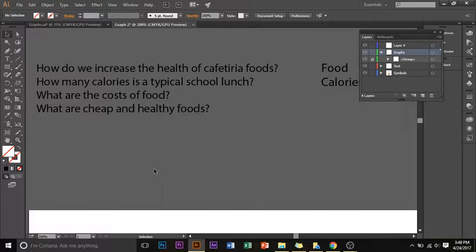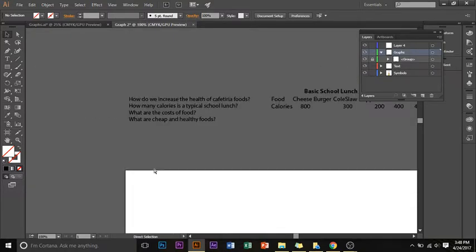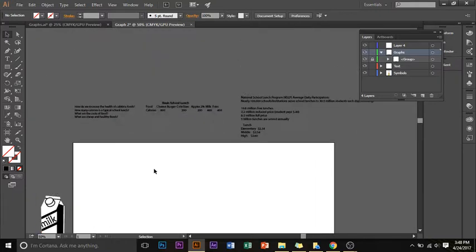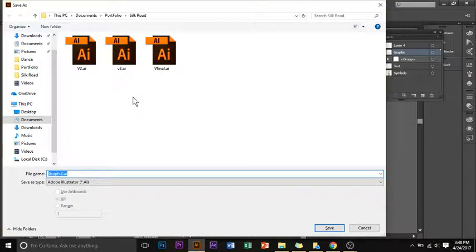For this week, we're going to be talking about infographics, and in your class, you'll be provided with this document here. It's a very simple document. It just has a couple images on the side, the questions that we're going to answer or pose, as well as a little bit of information here that we're going to be using to create our infographic chart. So first thing I'm going to do is save this graphical image